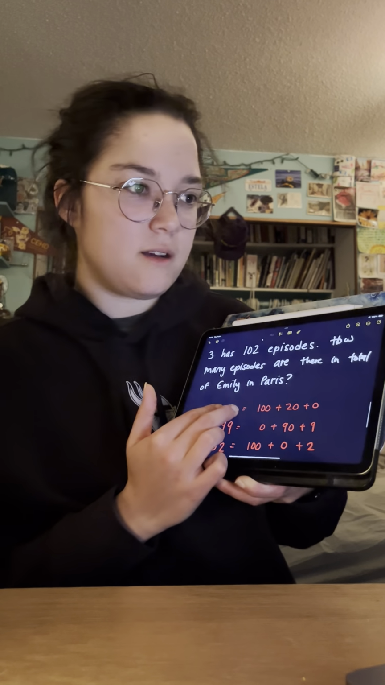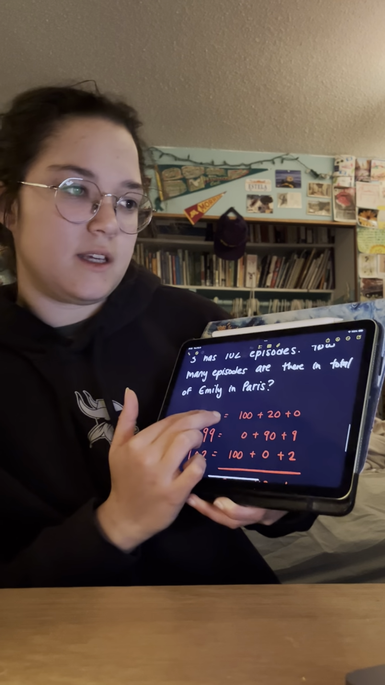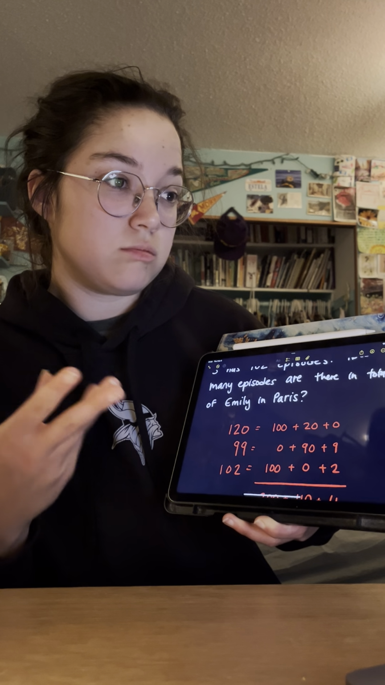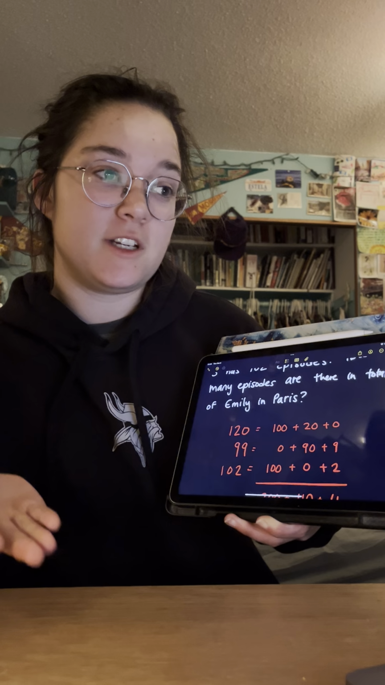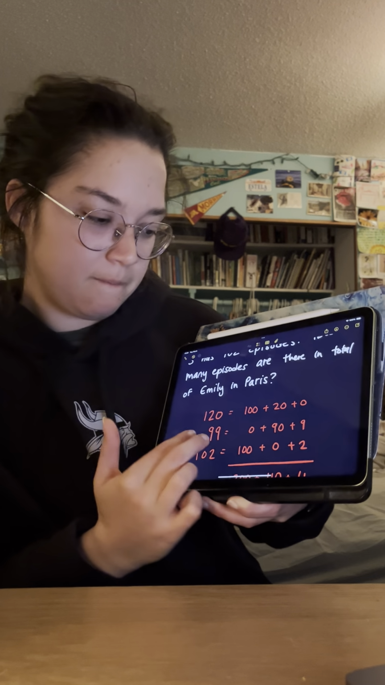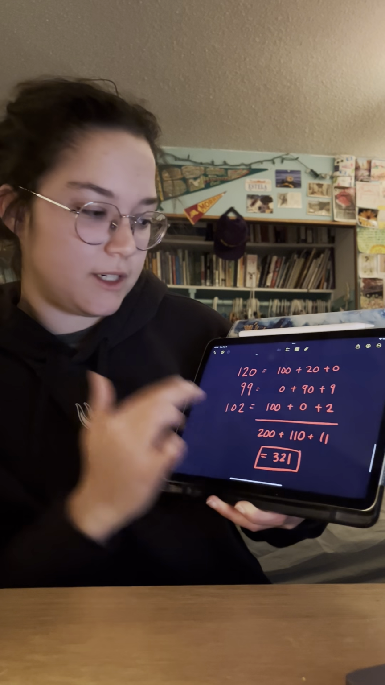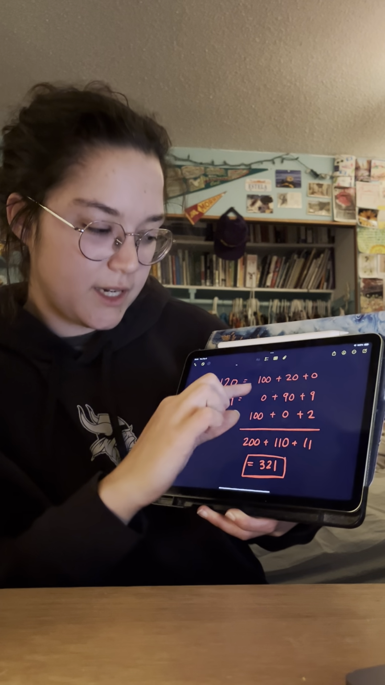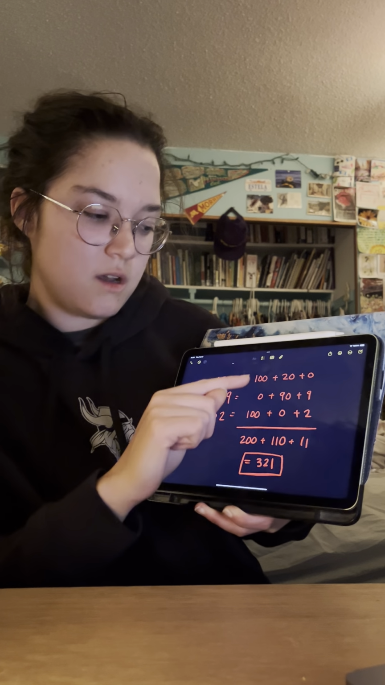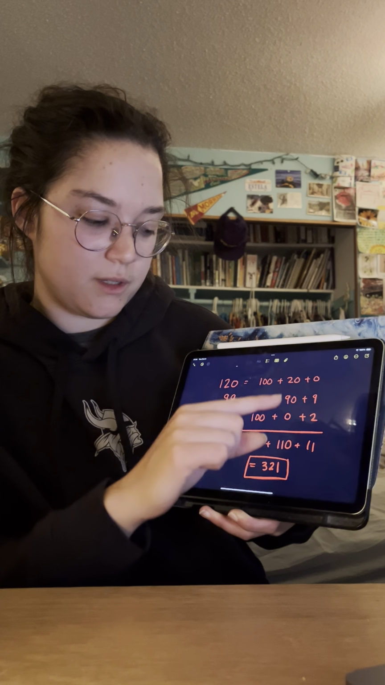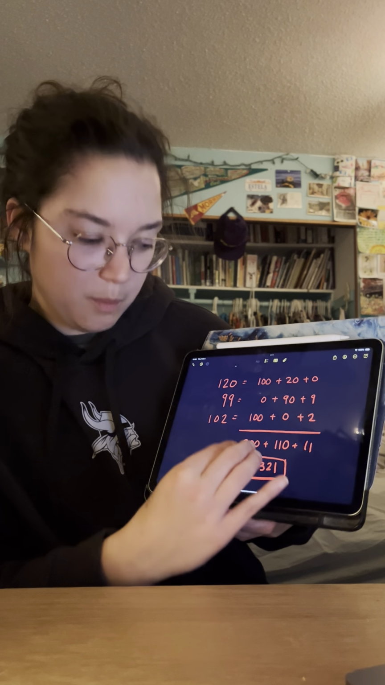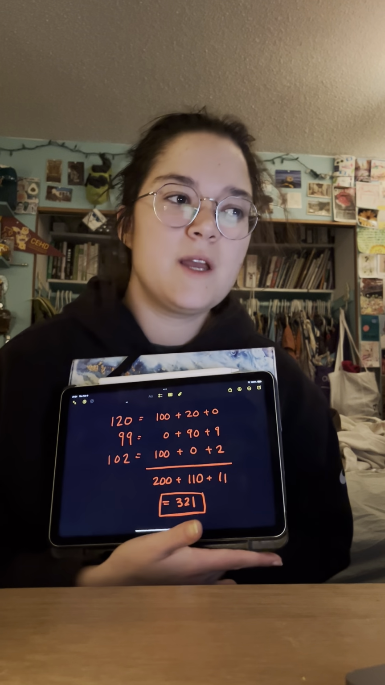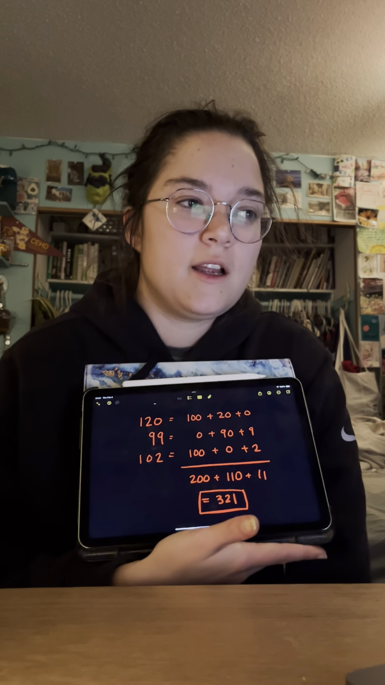So to solve this, I used the idea of addition using partial sums, like we learned in class. So we write each one in expanded notation. So 100 plus 20 plus 0, 0 plus 90 plus 9, 100 plus 0 plus 2, and then add those all up, and we get 321. And this problem is a 4th grade standard